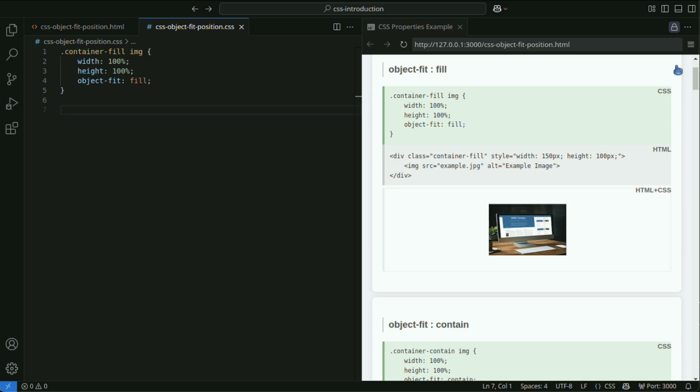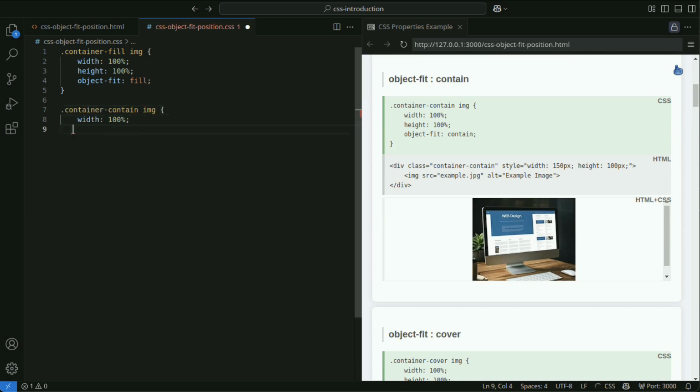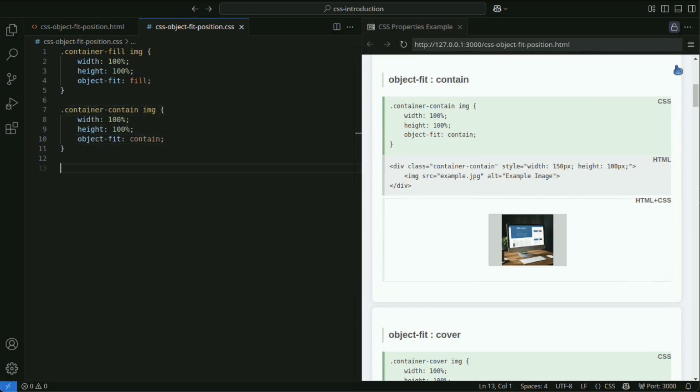In this case, the original aspect ratio is ignored, which may cause image distortion. Contain resizes content so that it fits entirely within the parent element while preserving the aspect ratio. It does not exceed the size of the parent element, and there may be padding on either the vertical or horizontal side.